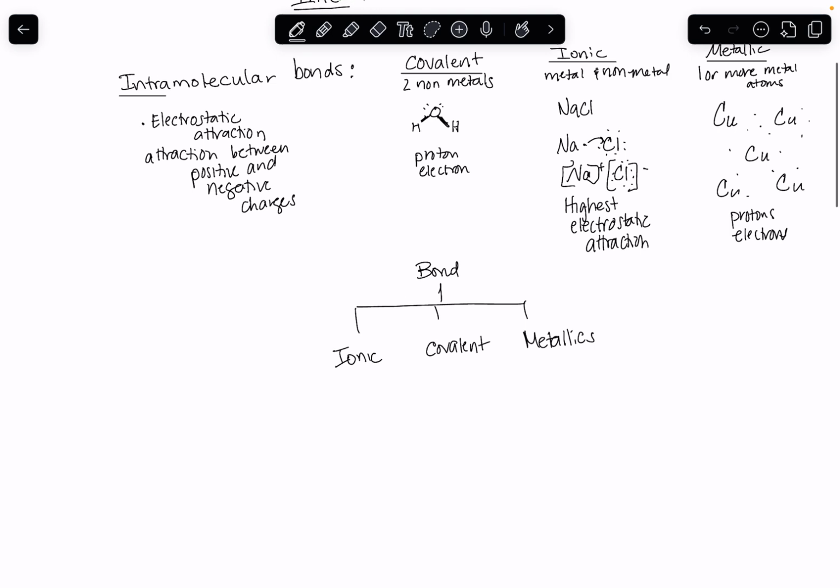Now, ionic tend to be solids at room temperature. They tend to be solids at room temperature. And metals a lot of times are solid at room temperature. But what about